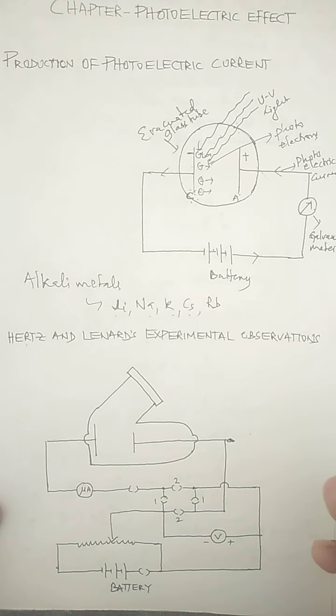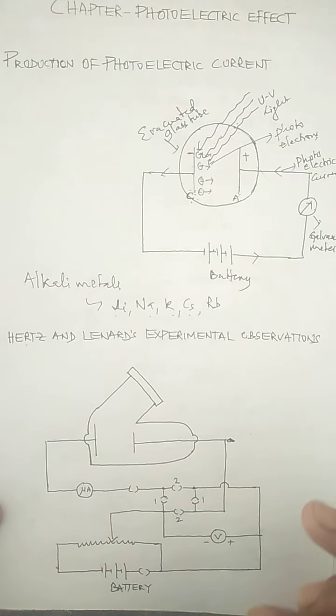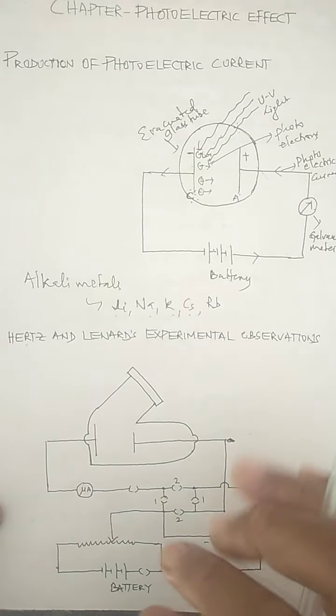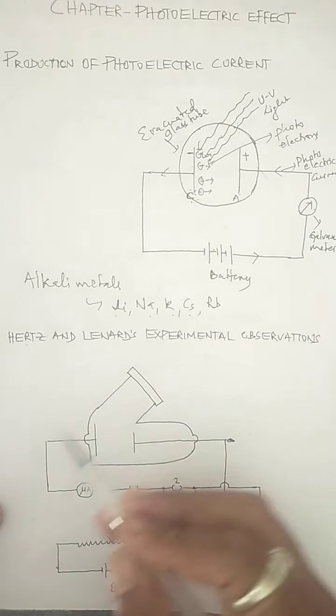So what they did is that they took different metals, as I said, and illuminated them with light of different frequency and different intensity, and measured the energy of the photoelectrons, and even measured the strength of the photoelectric current in each case. So they obtained many results related to the photoelectric effect, and they made observations on the basis of the experiments. Now, out of the many experiments they performed, we come to the simple experimental arrangement that has been drawn already in the diagram.